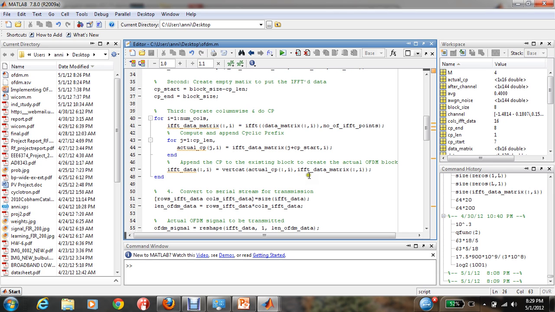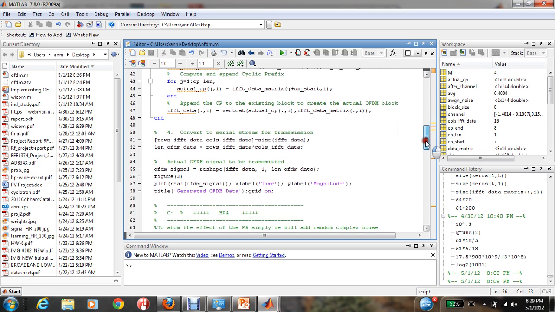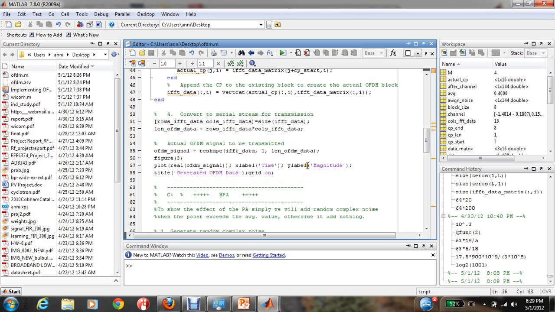After the modulation with the IFFT carriers and addition of the cyclic prefix, we convert the data from parallel to serial for transmission, which is done by this particular code,